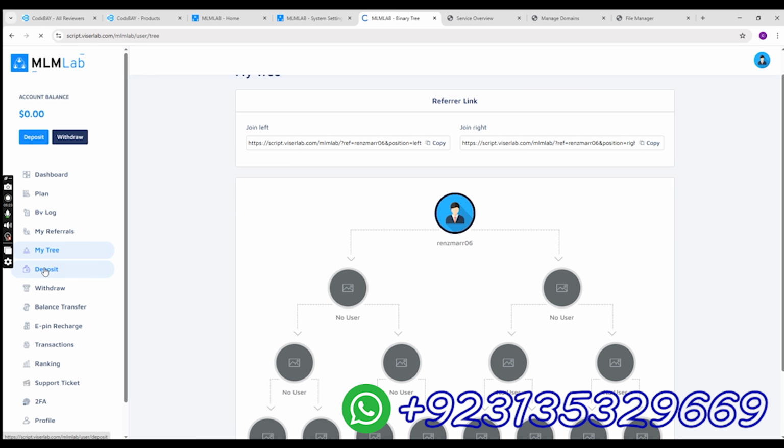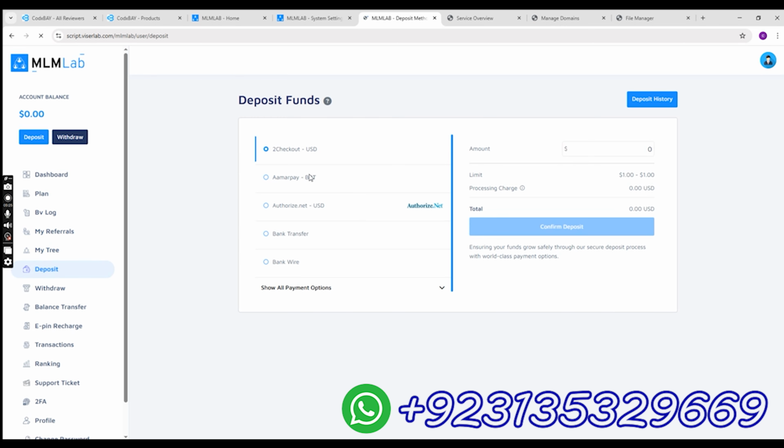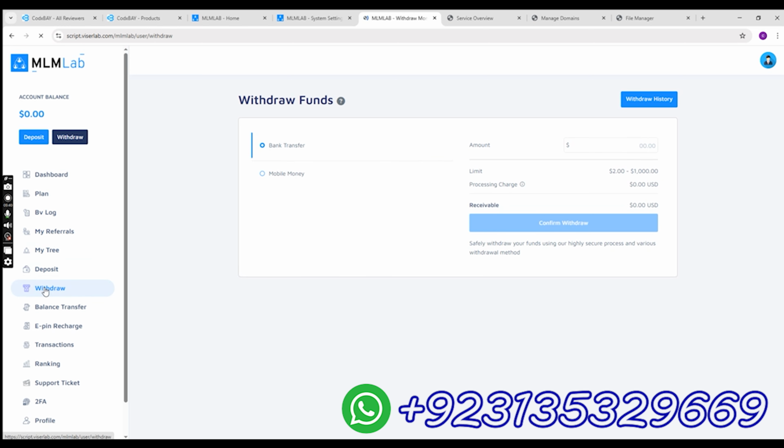Next is the deposit section. This website features 34 plus automatic gateways and unlimited manual gateways. So no matter how many gateways you want to add, you can easily add. Next page is withdraw. It's simple, and you can also add unlimited withdrawal methods from the admin panel.